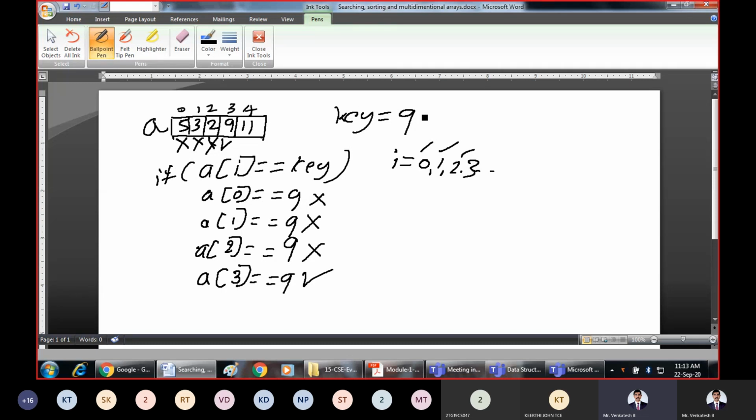Now say the key element to be found is 91. At this iteration also the search will not be successful, because A of 3 is 9, not 91. So again the comparison is going to fail here. Later we'll increment the value of I. So I has become